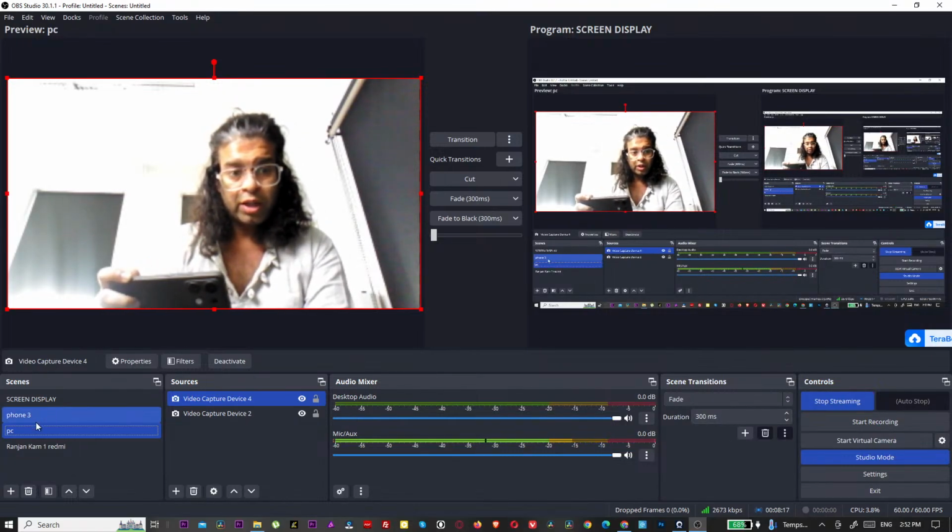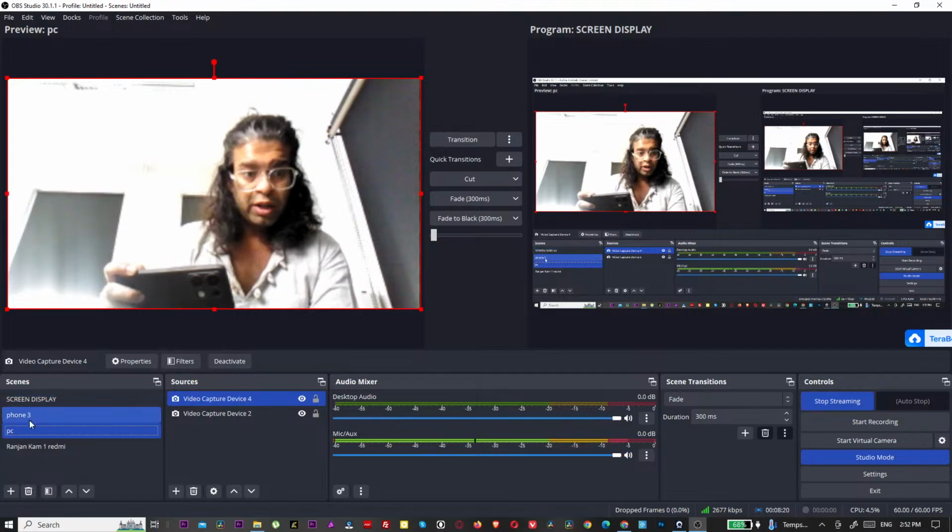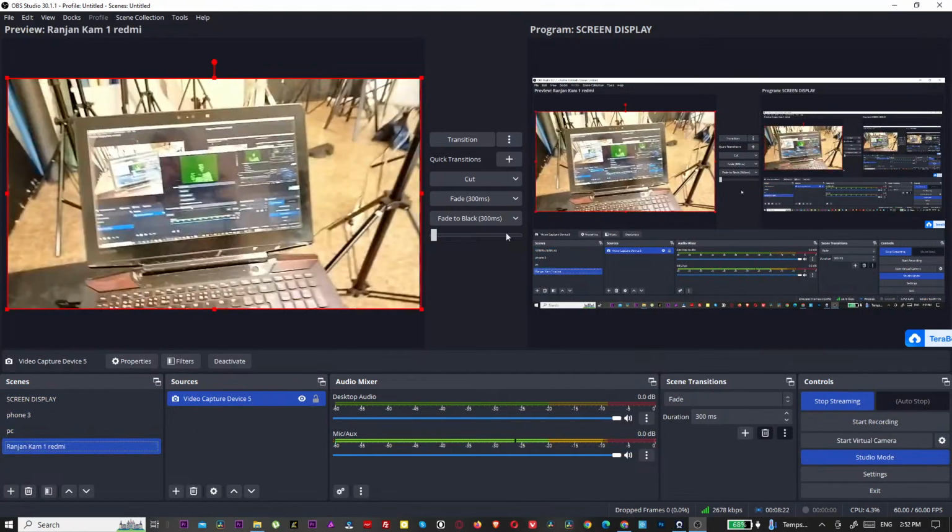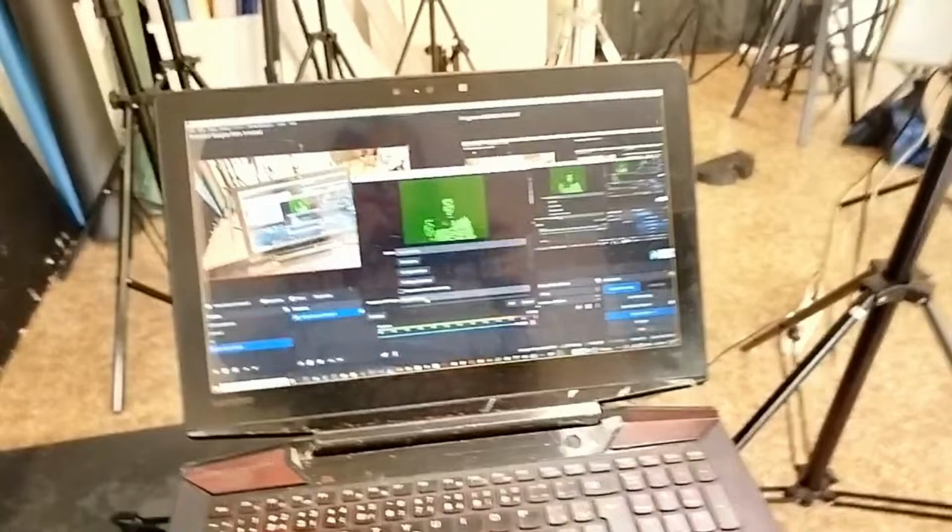If I want to cut to myself, I'll click again on Ranjan Cam 1, cut. So now you can see my face close up directly. If I click on this Ranjan, cut, something is going wrong. In case everything stops working, you have to quickly go back to the screen display